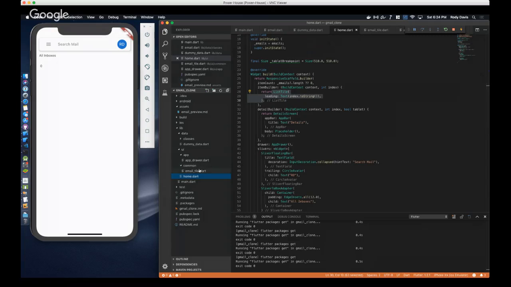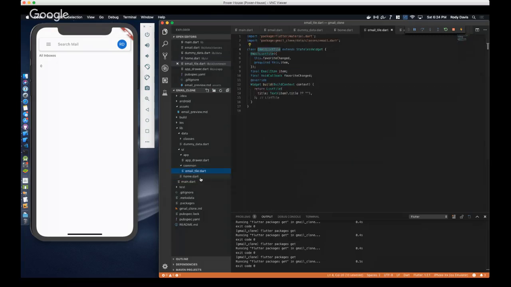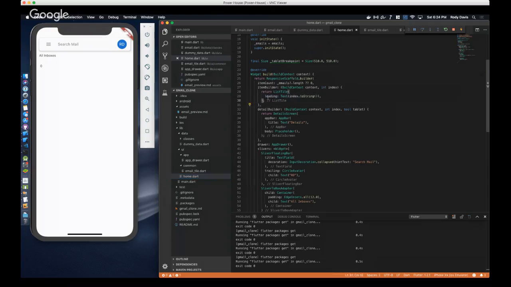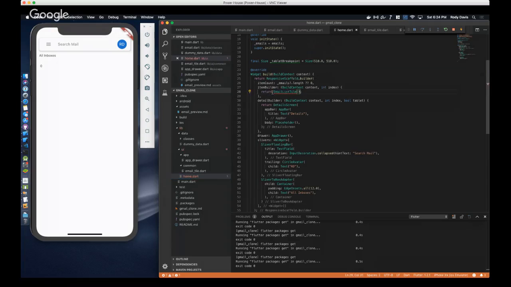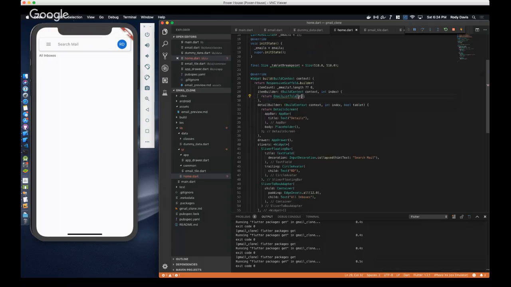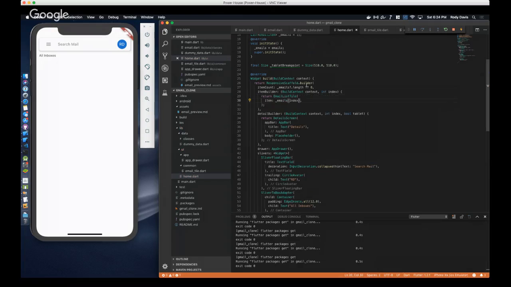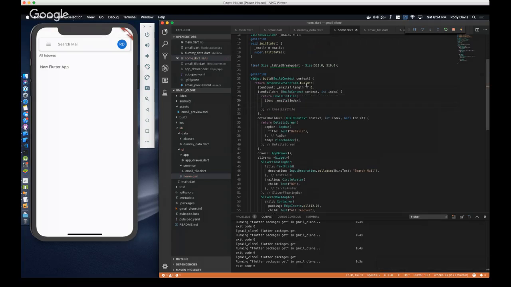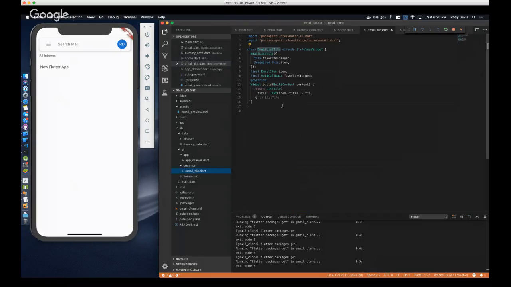Go back or copy this widget name, and we're going to replace this list tile with it. Go ahead and import it and give it the email item that it needs, which will be emails index. And we're going to also do the void callback that we added earlier. So favorite changed. As you can see, it already loaded our new data. Okay, back to